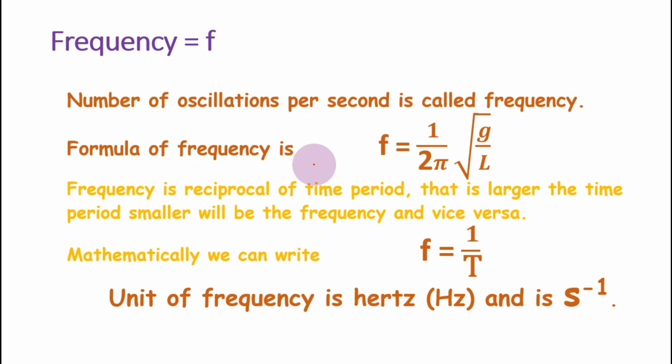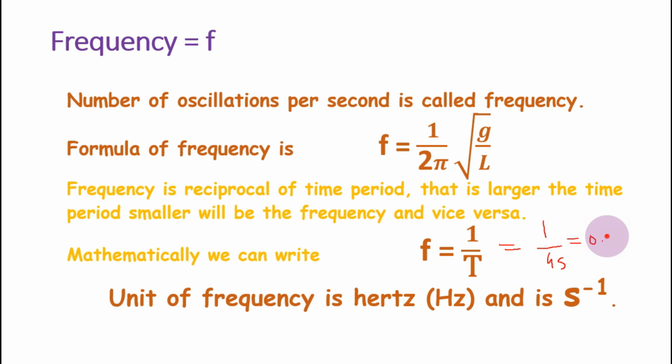Now the formula: frequency is the reciprocal of time period, that is, the larger the time period, the smaller the frequency. If you complete 10 oscillations in more time and the other person completes 10 oscillations in less time, then the other person has less time and more frequency, and your time period is more, so your frequency will be small. Suppose the time period of a certain oscillator is 4 seconds, then 1 over 4 gives